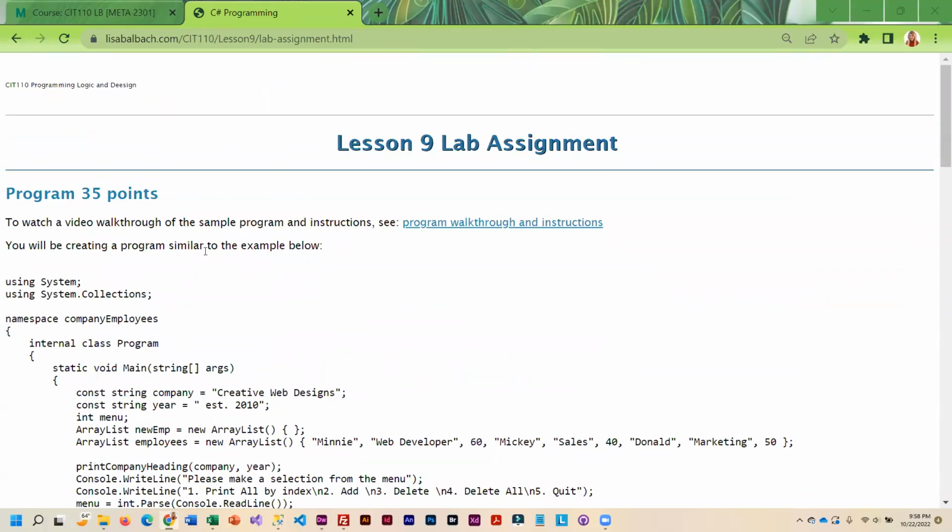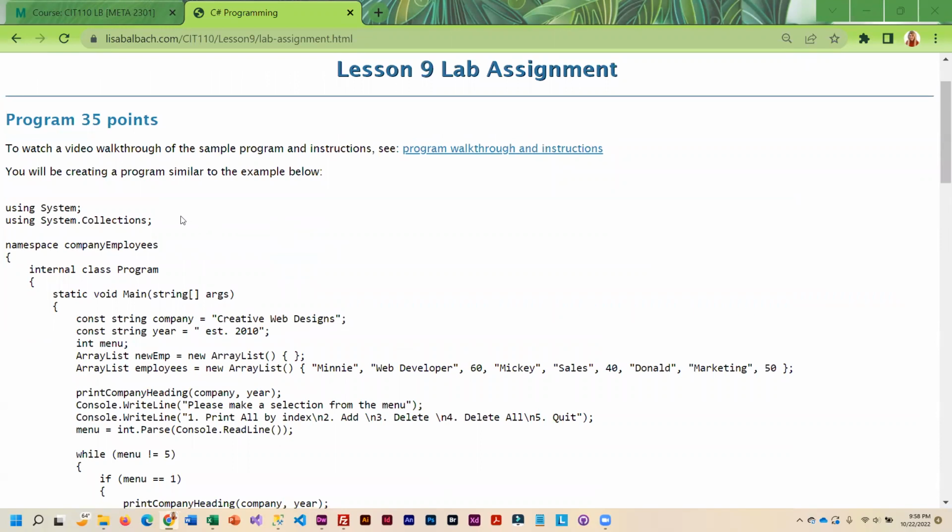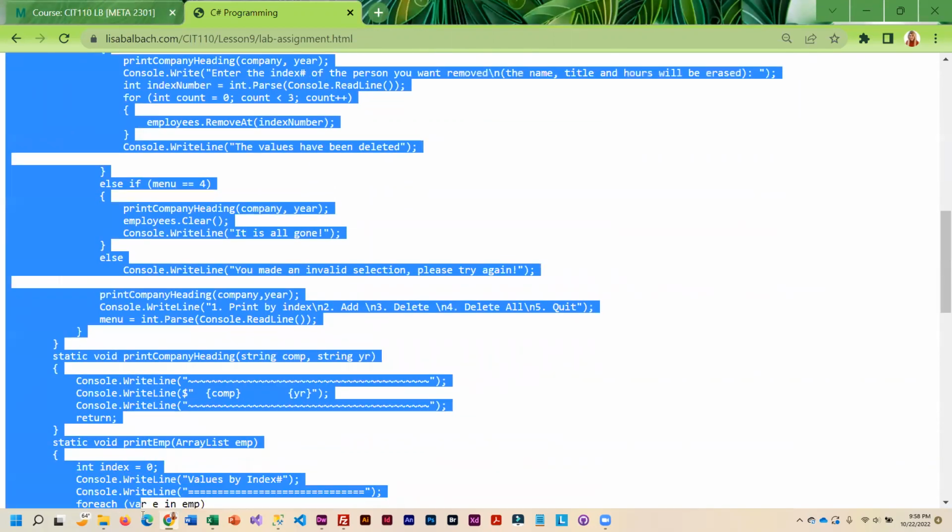For your lab assignment, there is just one program that you are going to be creating. And it gives you practice using var, constant, and array lists. So what you're going to do is very similar to this example. So I would, if I was you,